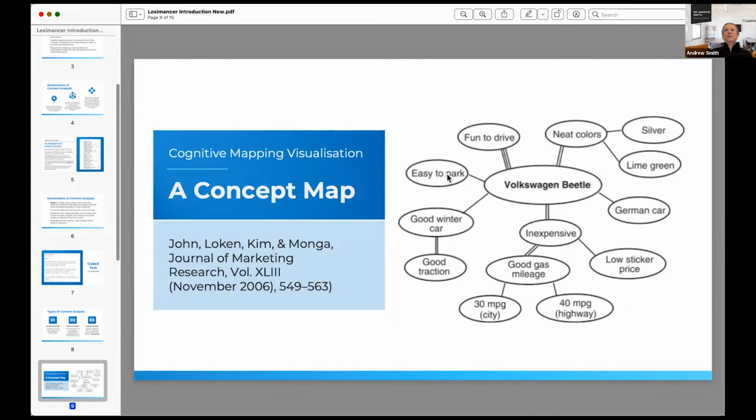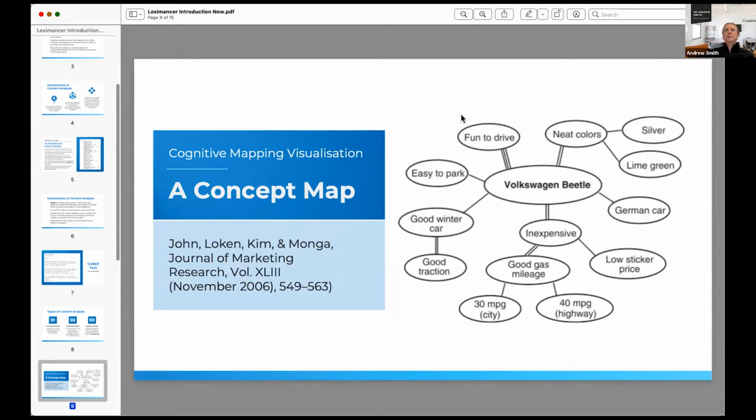So this is one of these cognitive maps, an example of it. This isn't built by Leximancer, and it's actually built by a market research technique, probably based on focus groups or something like that. But it is a concept map or a concept network. And it's meant to be fairly intuitive.